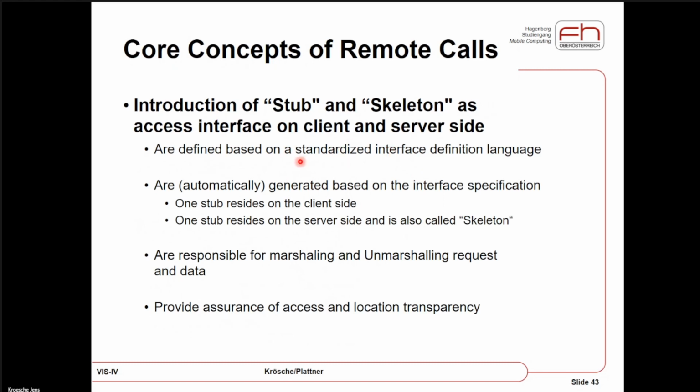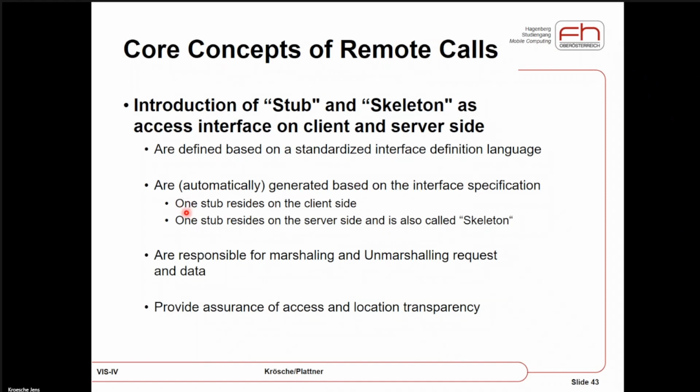Typically, we just need this specified language which states how they should look. And then these middleware technologies provide some kind of magic that uses this specification and then rebuilds them on the client side. On the server side, they are typically already constructed.